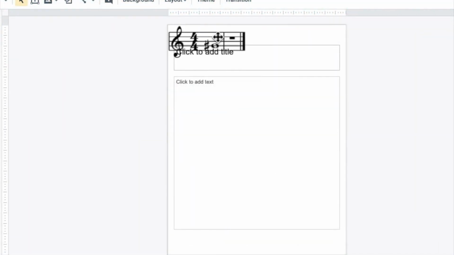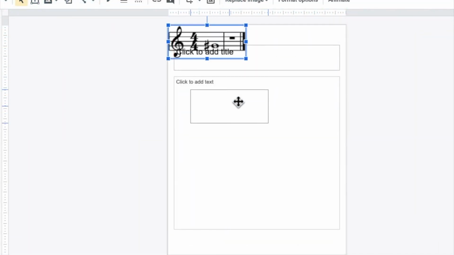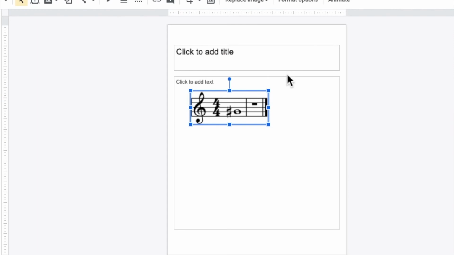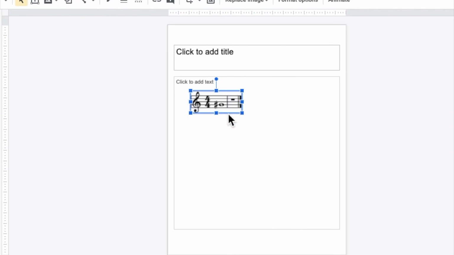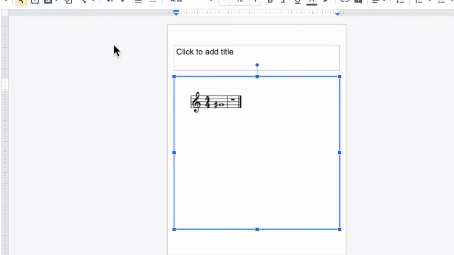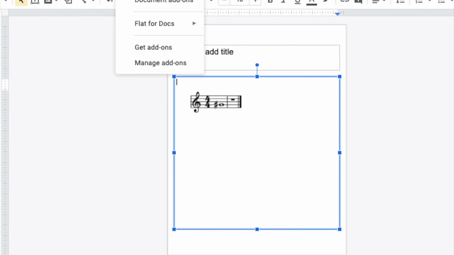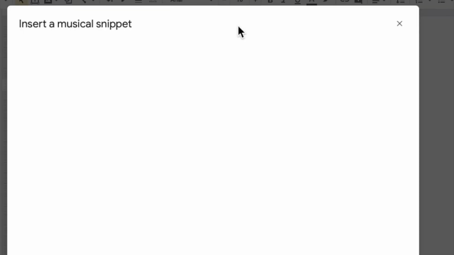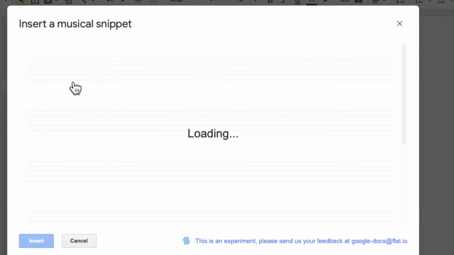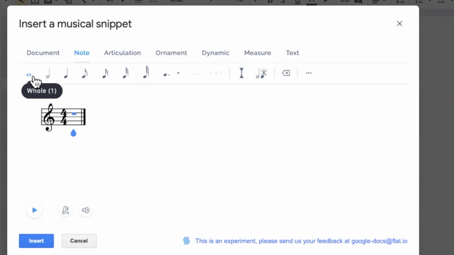Now, Flat inserts your musical snippet as a picture. So once you have it incorporated into your document, you'll then want to grab a corner and resize the picture to fit into the box that you have allocated for it. From there, you'll want to repeat the process again to enter as many snippets as you need. Going back to the Flat for Doc, insert musical snippet, follow the same steps, click on whole note,